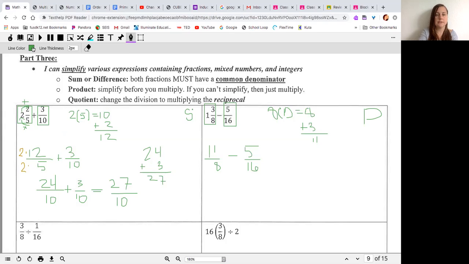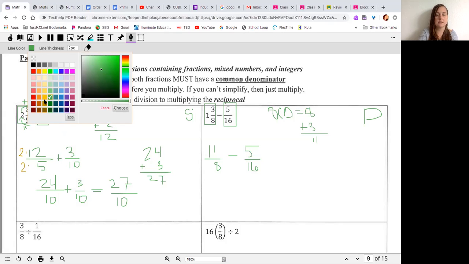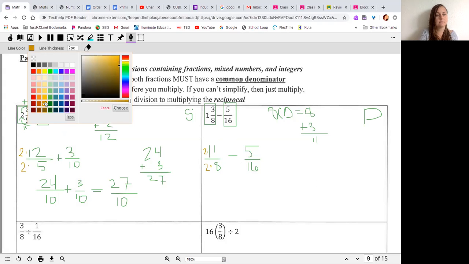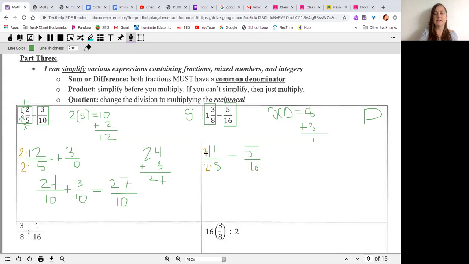So I'm going to write times 2, times 2. It's the color of the A's, you know, sad the A's are not playing this year. So I'm remembering them by using green and gold. 2 times 11 is 22. 2 times 8 is 16. Minus 5